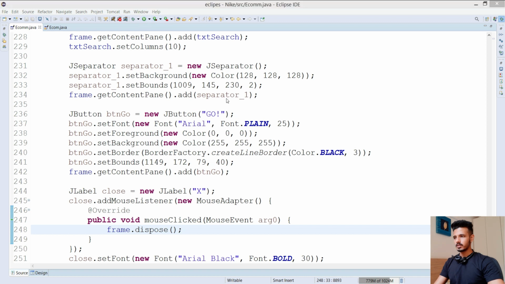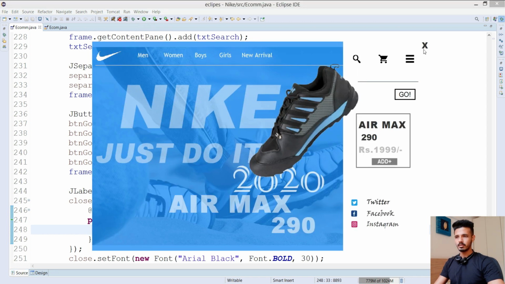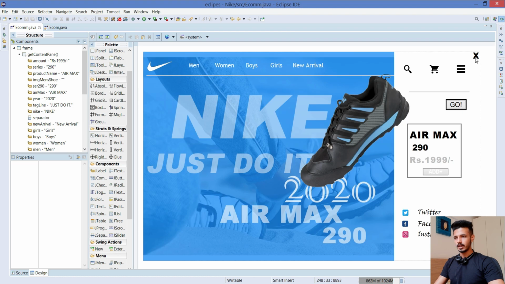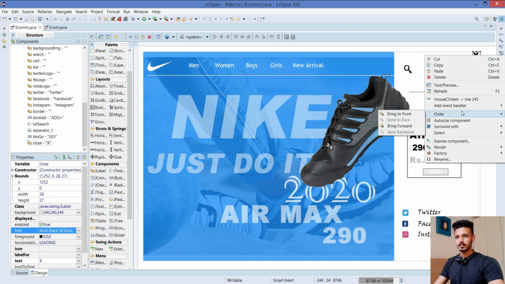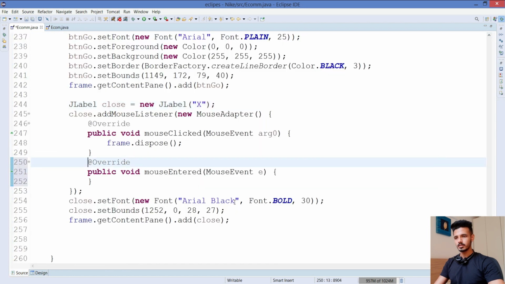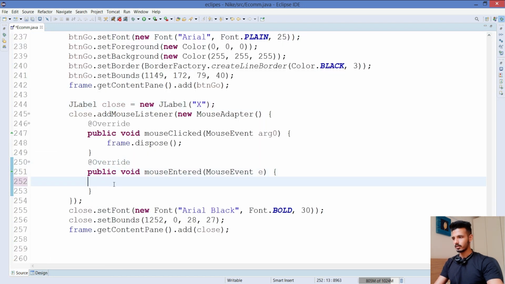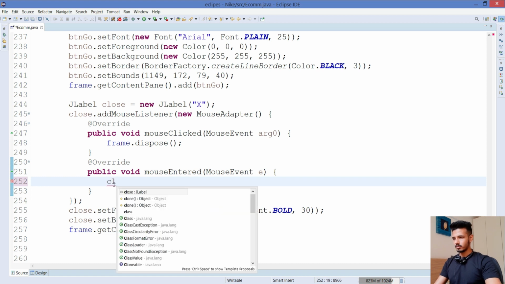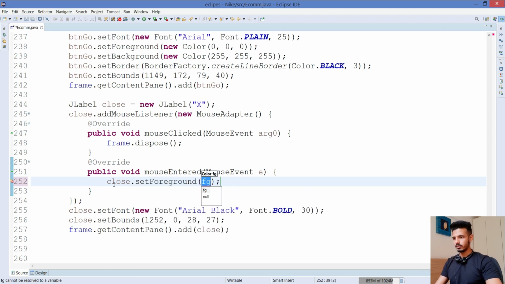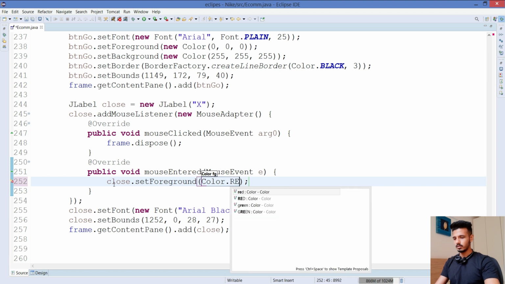So now we will just make some customization, like for example, if I'm taking my mouse and going on top of this cross, it should become a red color, and if I'm coming out of it, it should become black. So for that also we need to use event handler. So just click on this and go to mouse event handler and click on mouse entered and mouse exit. There are two options, so click on mouse entered, that is on close dot set foreground color, the color dot